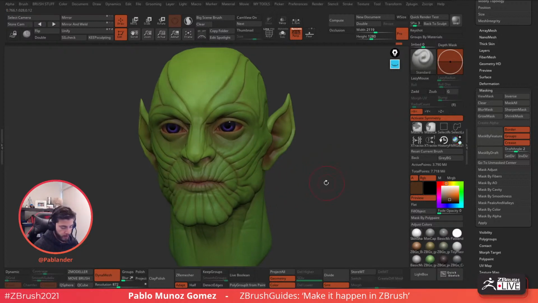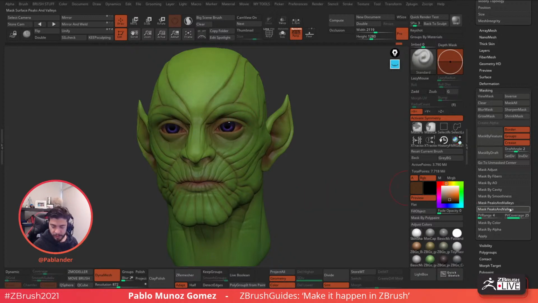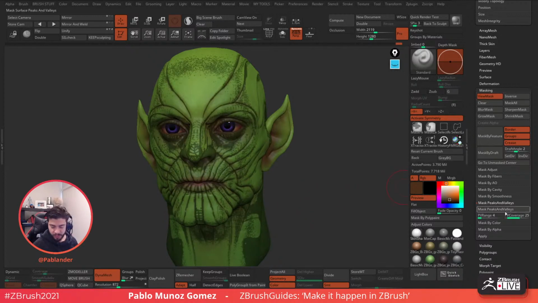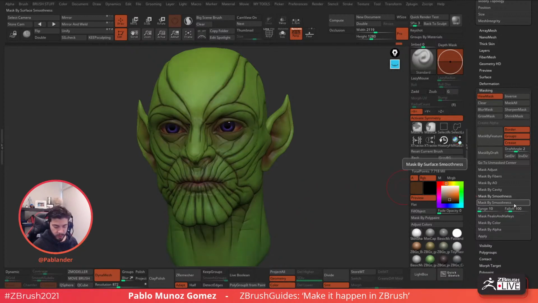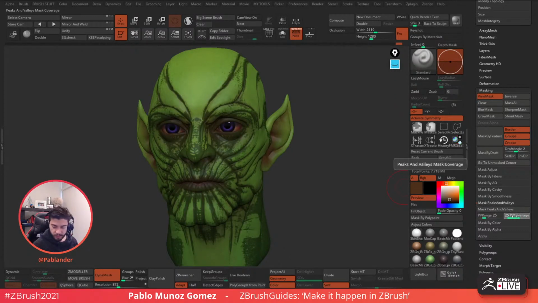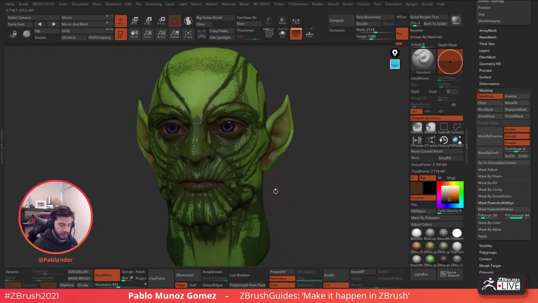Oh, I've already gone over 10 minutes, so let's just quickly finish this up with something like the peaks and valleys, for example. If you click peaks and valleys, and in this case it's pretty smooth actually. Let's use smoothness. Nah, I'm gonna have to use peaks and valleys, but I'm gonna change the range to 25 and the coverage as well. So I'm just playing around with the coverage and the range to create a different masking, and I'm gonna adjust that mask,